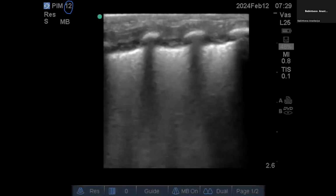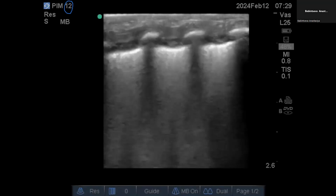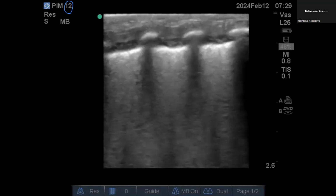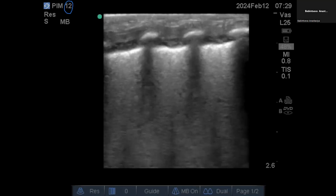Once you can start seeing lung atelectasis, more of a loss of the pleural line, the score should go up. And this is just for everybody: when you're scoring RDS, we know that 0 is the A profile. The 1 is the dominant B profile, so more than 3 B lines per intercostal space, with subpleural consolidations. Once you start seeing a whiteout, like you see over here, it scores a 2. But if you start seeing an element of atelectasis, and if you go back to the previous image,